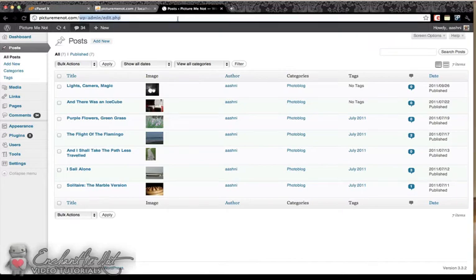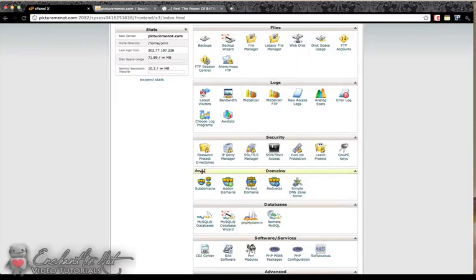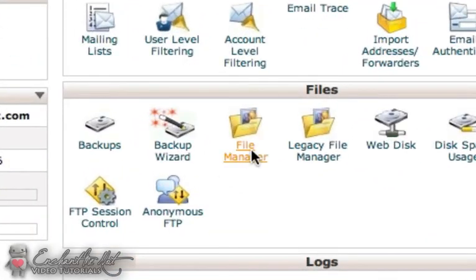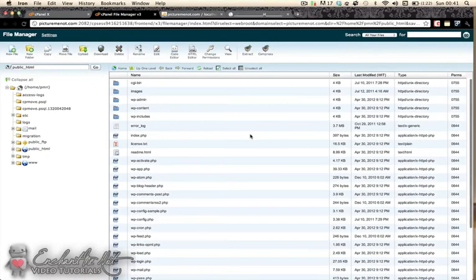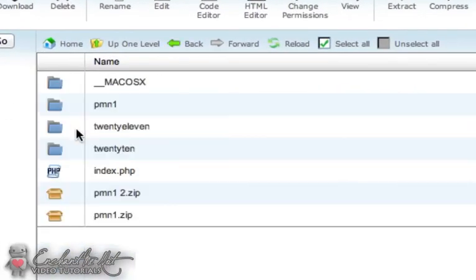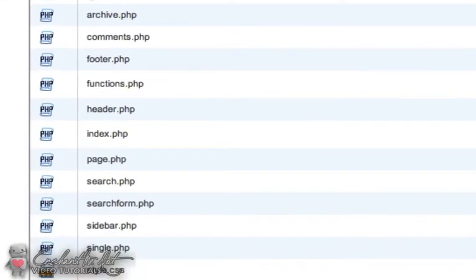Now, if you go to your website, you're going to see that it's still got the hack on it. To fix this, you need to log into your cPanel. I personally prefer using the file manager. If you like using your FTP instead, or anything else, you can. You just need to be able to upload files into your themes folder, which is found under the wp-content folder. So my current theme that I was working with is PMN1, and so I'll just go into that,